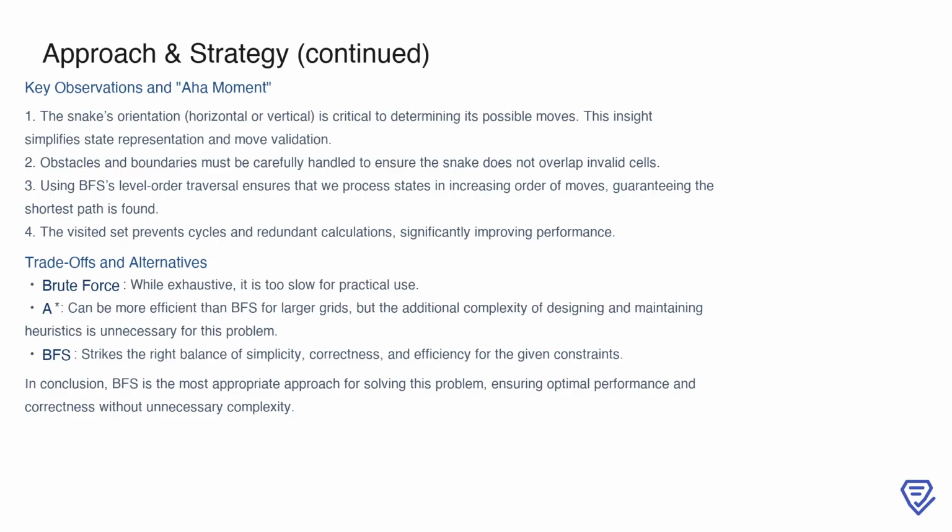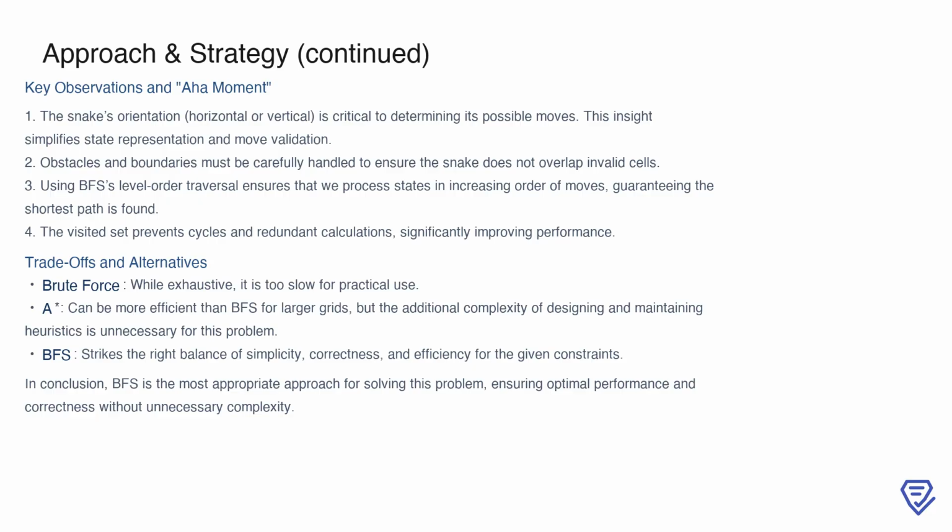First, the snake's orientation, whether it's horizontal or vertical, is critical for determining its possible moves, as this directly influences state representation and move validation. Second, obstacles and grid boundaries must be carefully handled to ensure the snake does not overlap invalid cells. Third, BFS naturally processes states in increasing order of moves due to its level order traversal, guaranteeing that the shortest path is found. Finally, using a visited set is vital, as it prevents cycles and avoids redundant calculations, which significantly